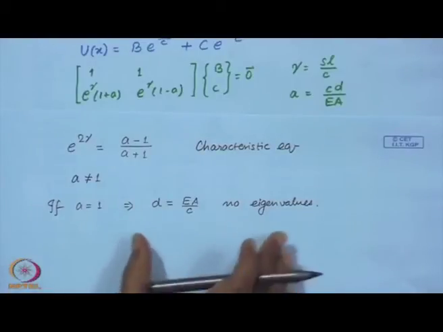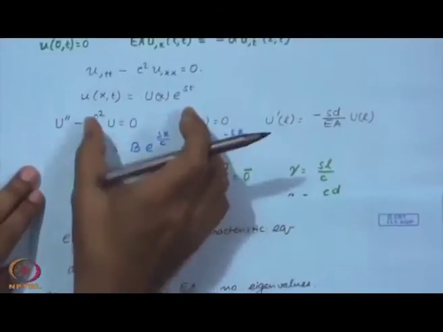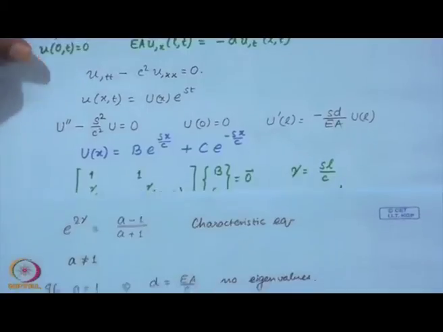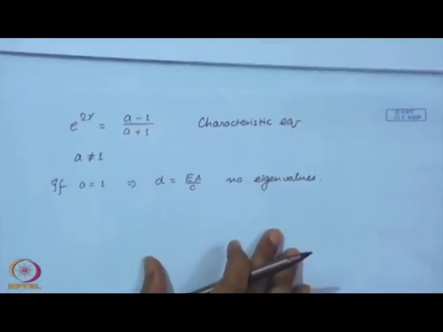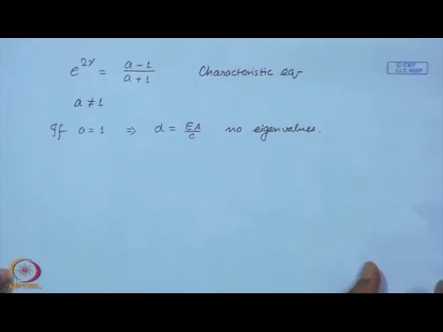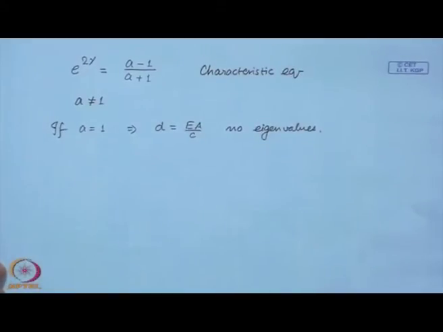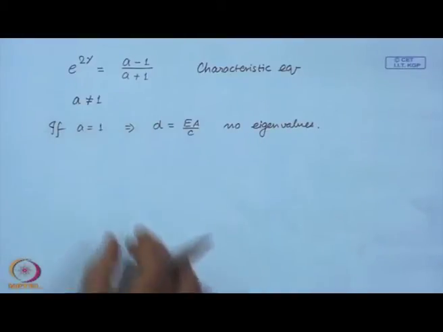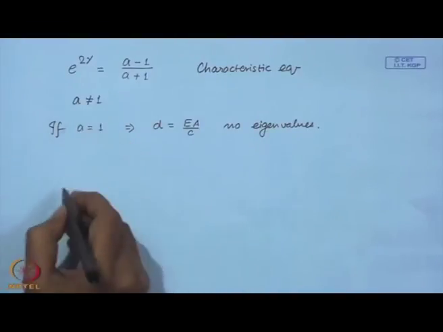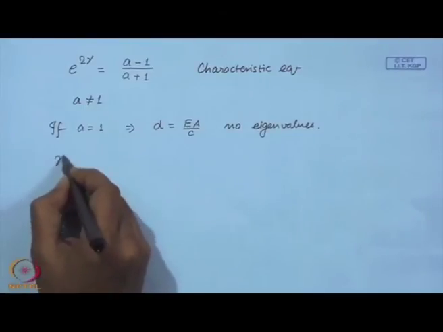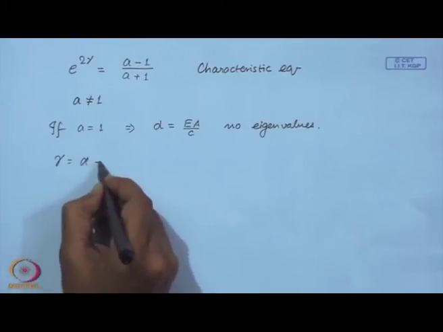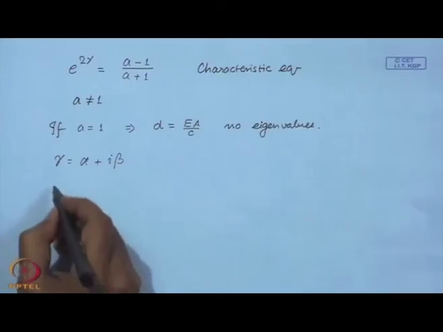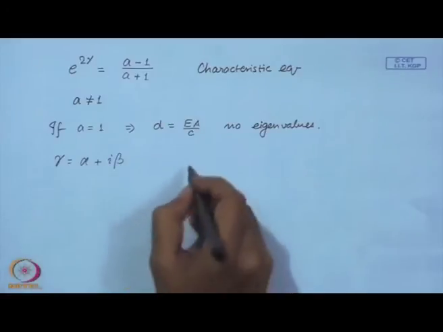But then we have considered solutions of this very special form. So, there are no solutions of this very special form, but there are solutions which we have to understand in terms of wave propagation. That we will keep for a later discussion. Right now, let us solve when A is not equal to 1, and for solving that we can consider gamma to be